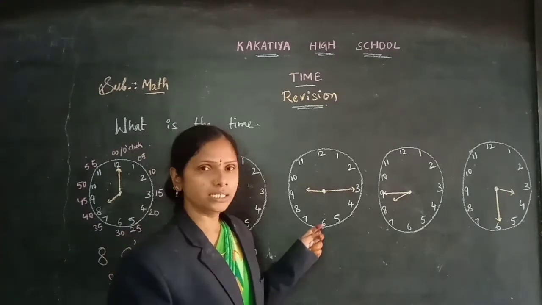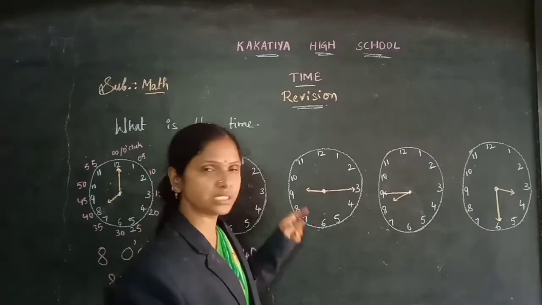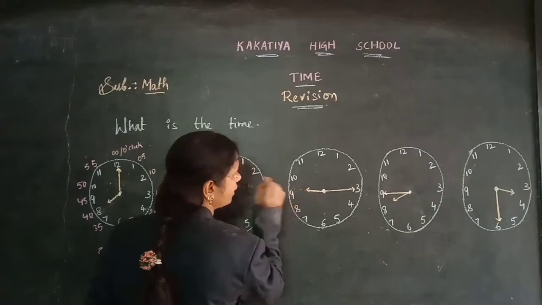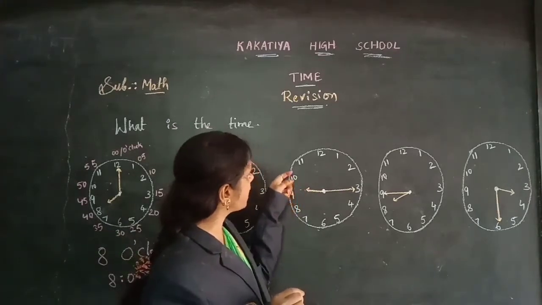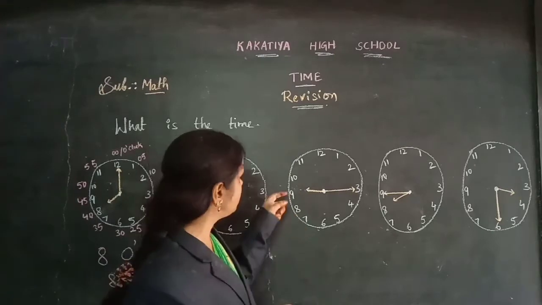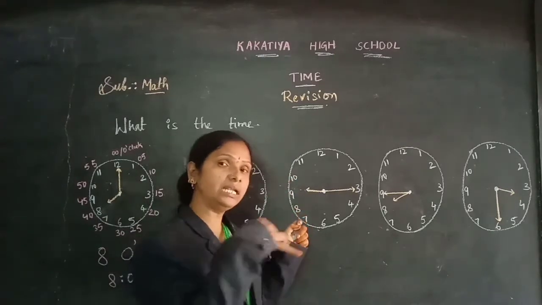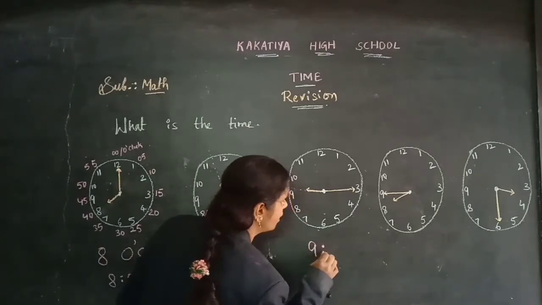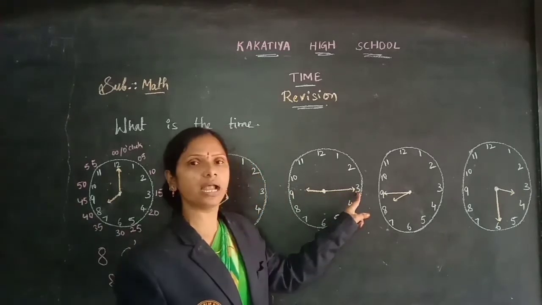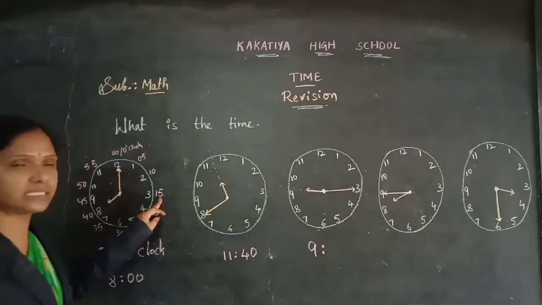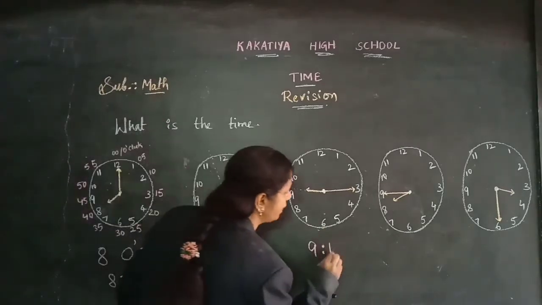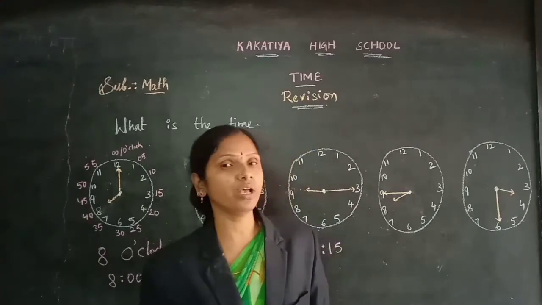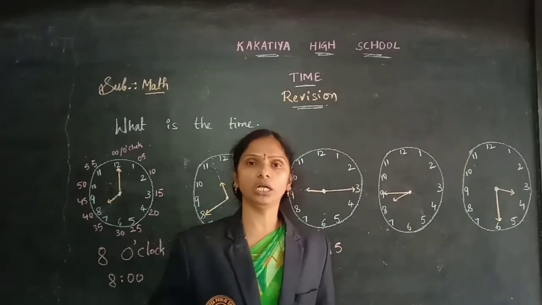Coming to this watch, children, see here the hour hand. First, have a look at the hour hand. The hour hand is lying between 9 and 10, children. It is not showing exactly 9 and not exactly 10. So it is lying between 9 and 10, and still it is 9 hours only. Till now it didn't reach 10. So 9 hours. And the minute hand, the longer hand, is showing 3. 3 is nothing but 15 minutes. So 9:15. And when you have 15 minutes, you can also write it in one more way. 15 minutes is nothing but 1:45.